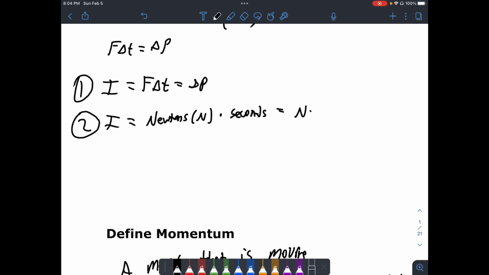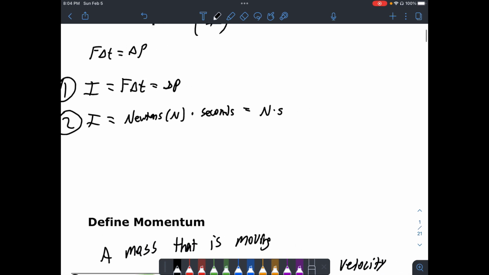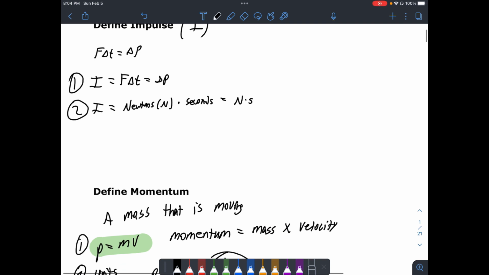So this is going to be Newton seconds. These are units of impulse, which actually is the same as kilograms meters per second,